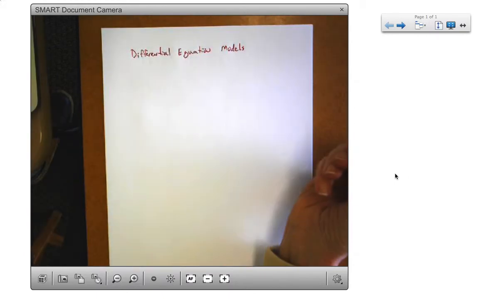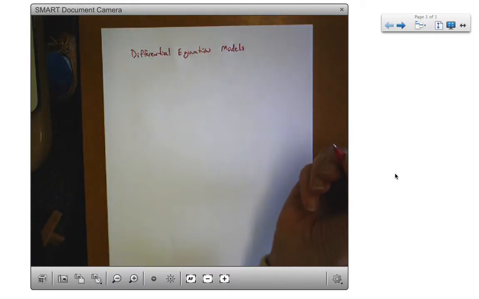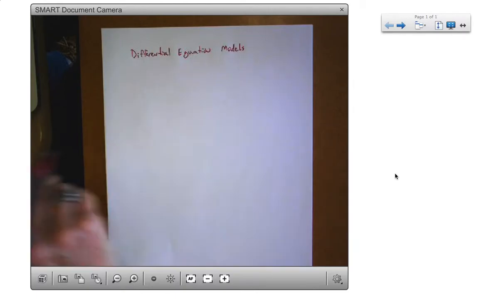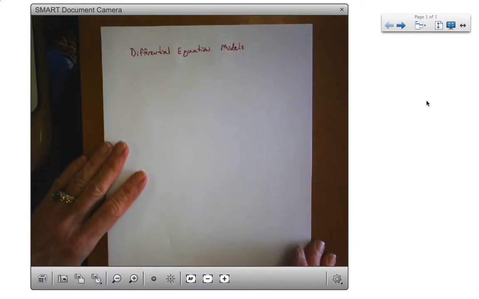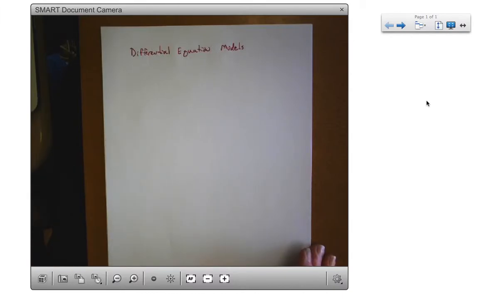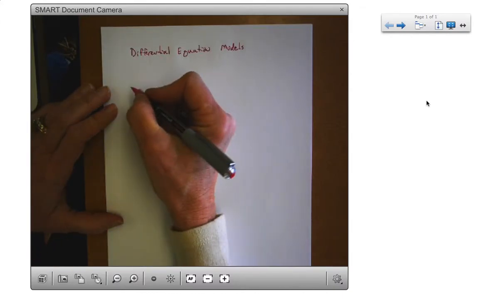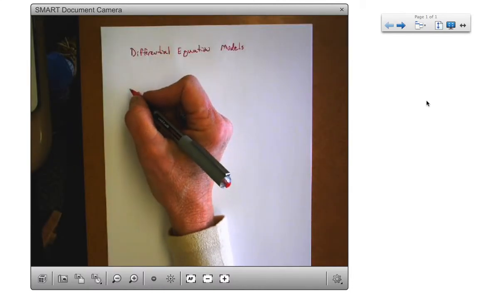And if we go ahead and look at a couple of these models, then we'll be caught up for next week when we're going to stay on track and take our test on Chapter 6. So what we discussed on Monday